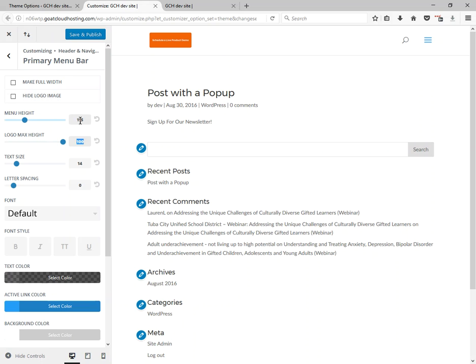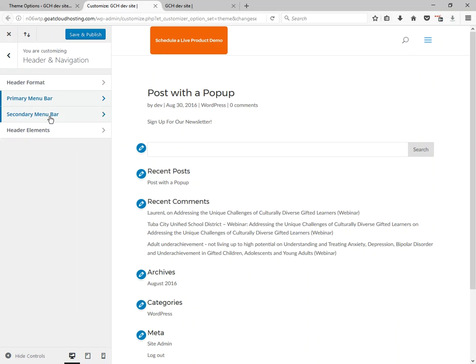Menu height, I usually like to give a little bit of space. So the menu height, you can see, is 115, but the logo height is 100. So there's a few more pixels on either side of the logo in the menu height. Another thing to think about,